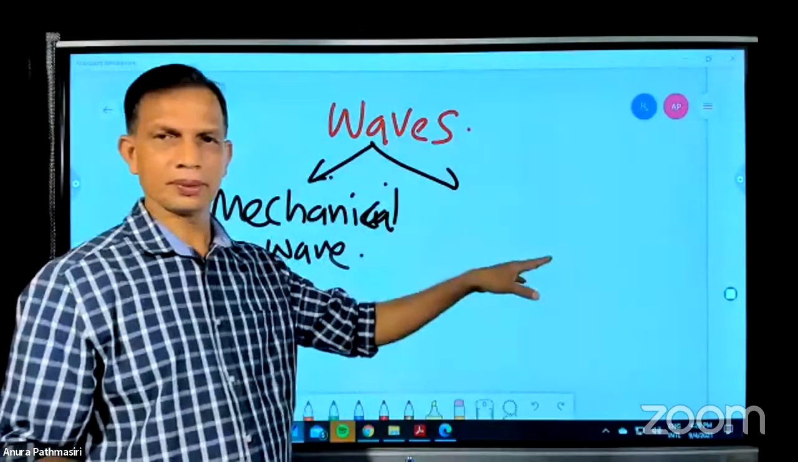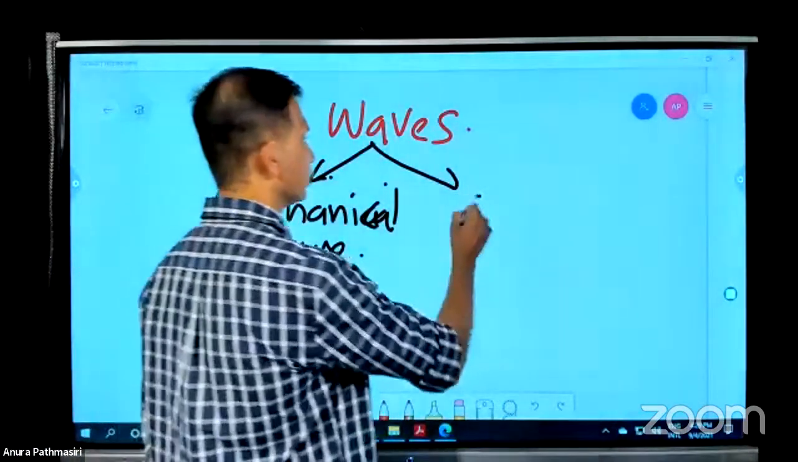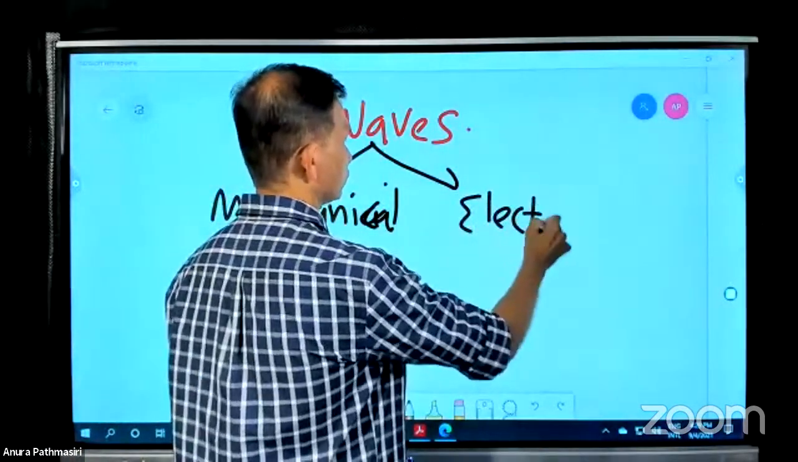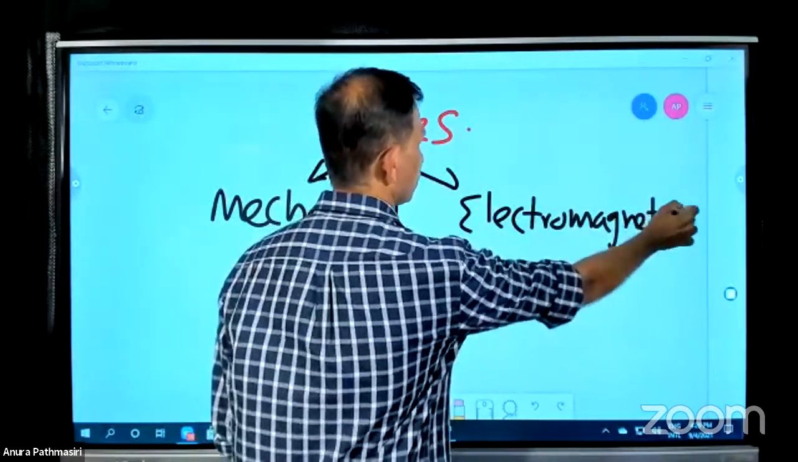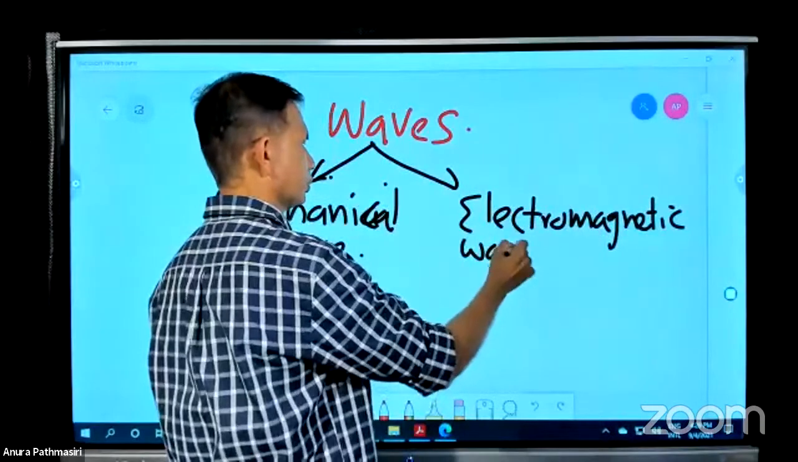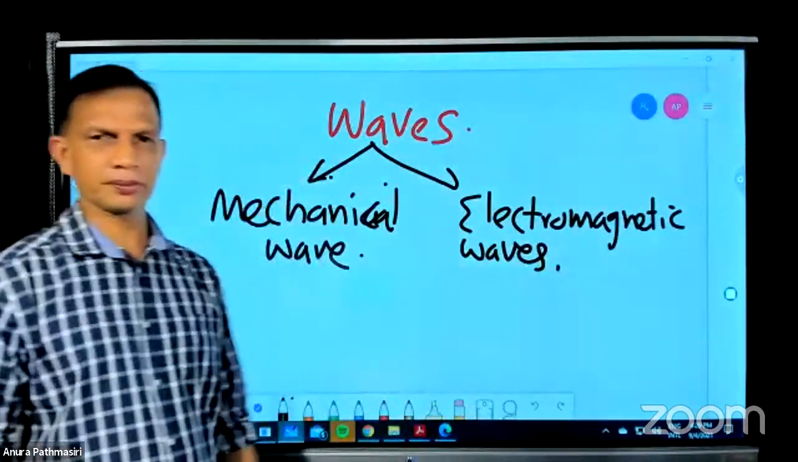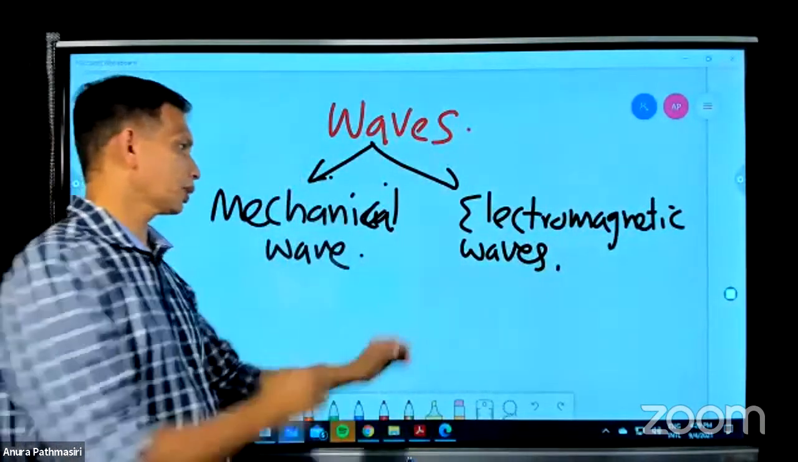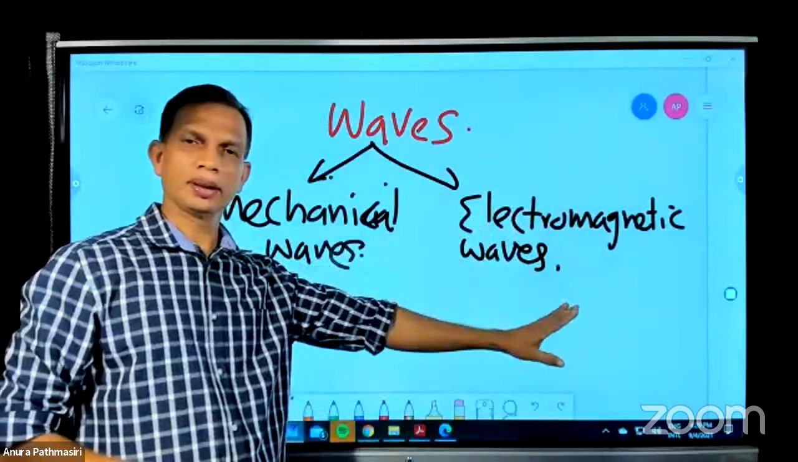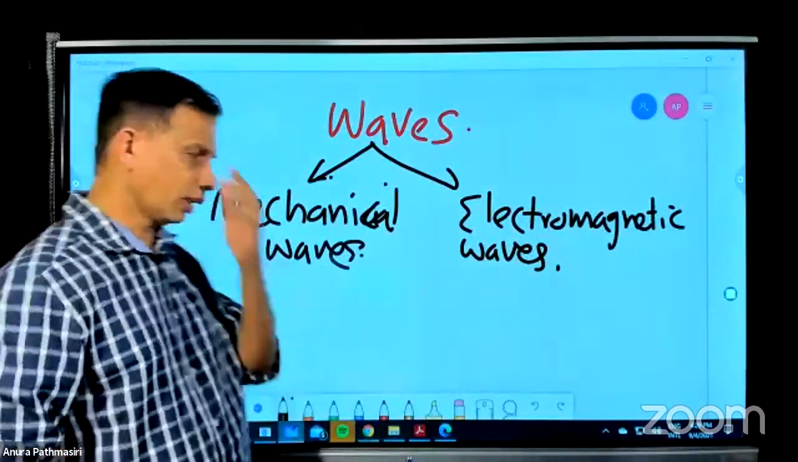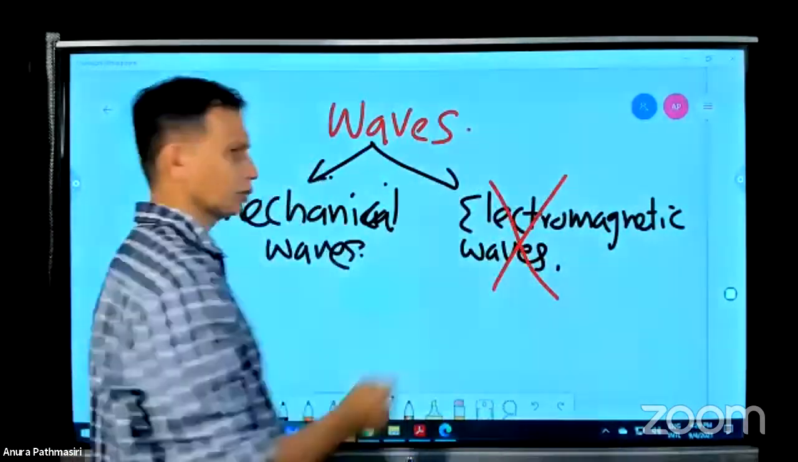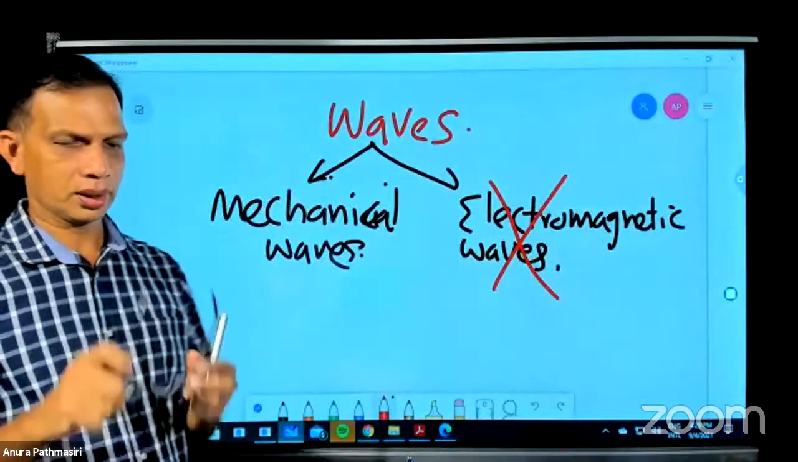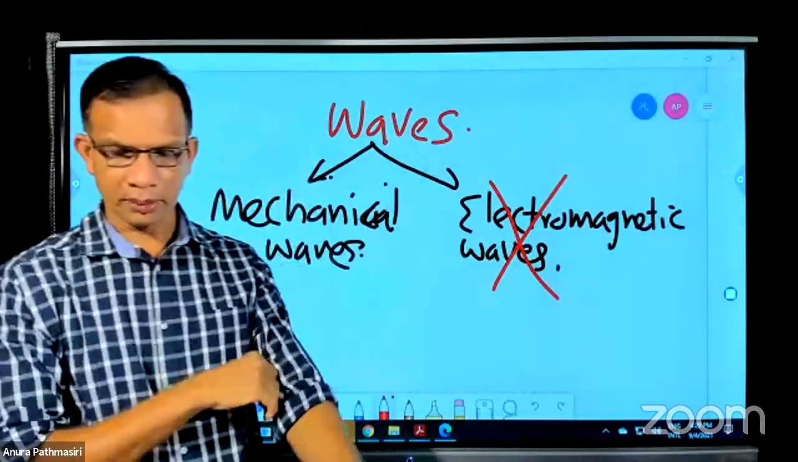What's the other type? Electromagnetic wave. Excellent. So you got two types of waves, mechanical waves and electromagnetic waves. And here we are not going to talk about the electromagnetic waves, and you could remember when we think of